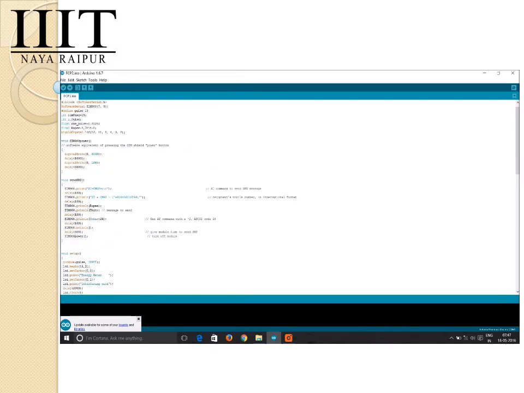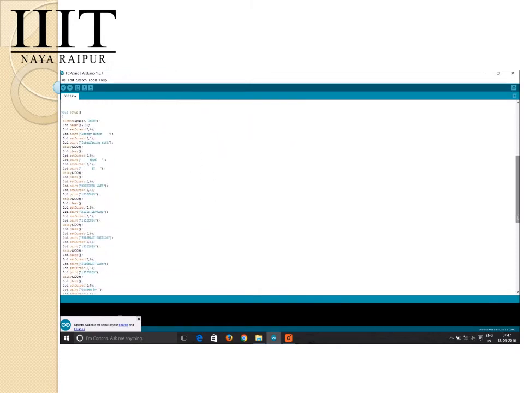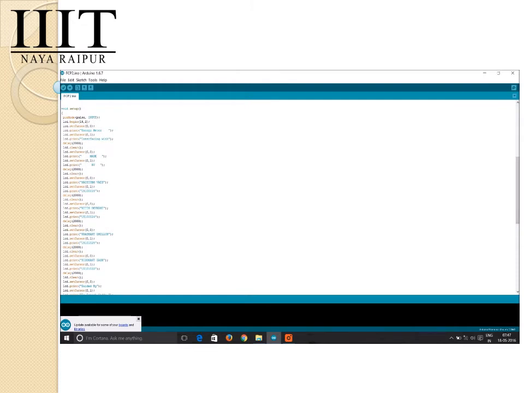Now we are moving on to the setup function, which is the core body of our Arduino code. In this we are first configuring the LCD display. As you can see, we have set lcd.begin to 16,2, which tells us that our display is 16 by 2, that is 16 in length and 2 in height.